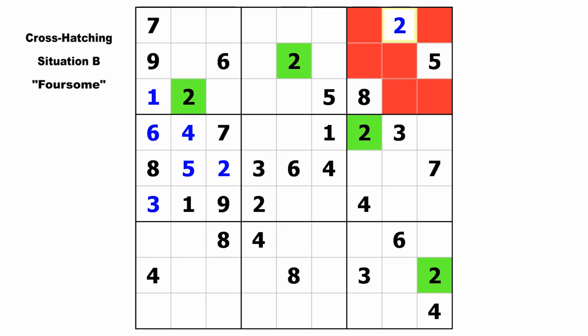But let's go back. Notice that because this cell can see a 7, 5, 8, 3, and 6, at first glance, it might look like it could possibly be a 1, a 2, a 4, or a 9. But we know it can only be a 2 because the foursome blocks all those red cells. This is how a foursome works. It will always guarantee a hidden single in the block that is intersected by the 2 rows and 2 columns